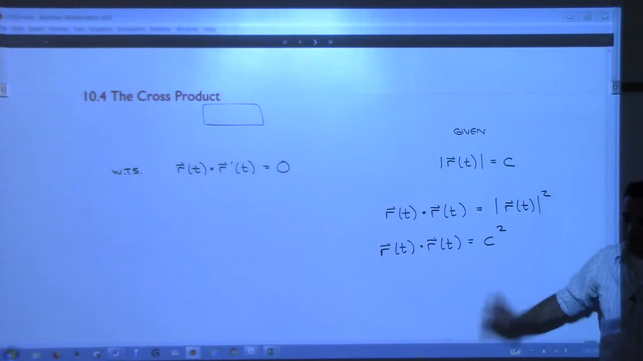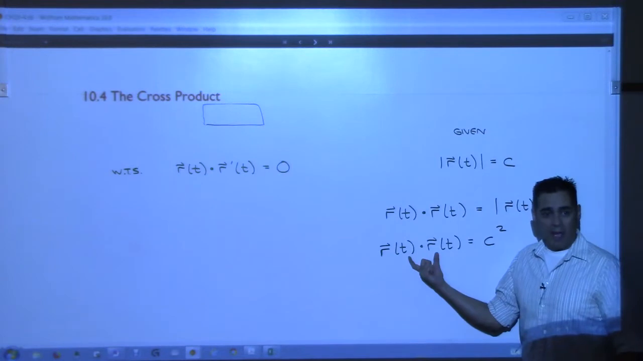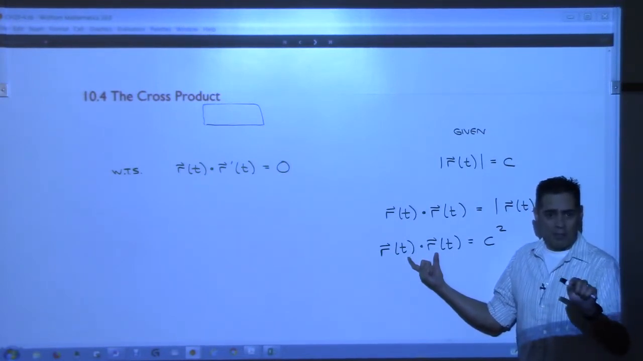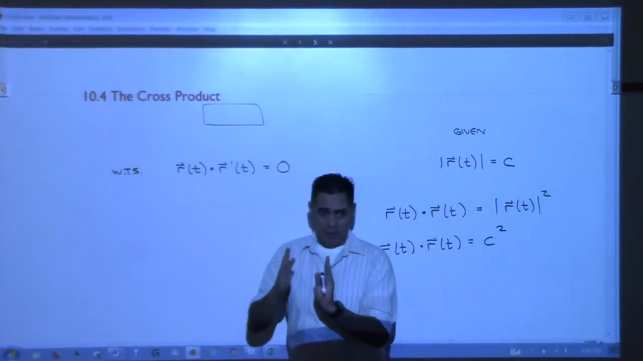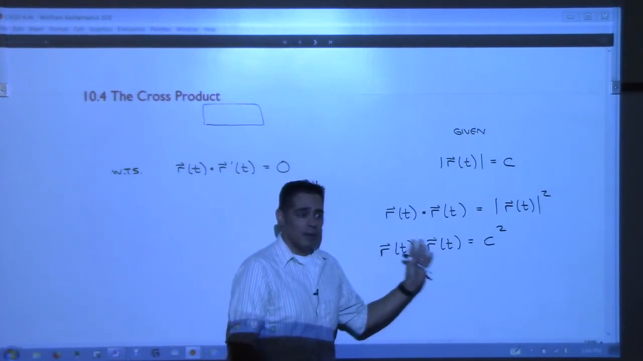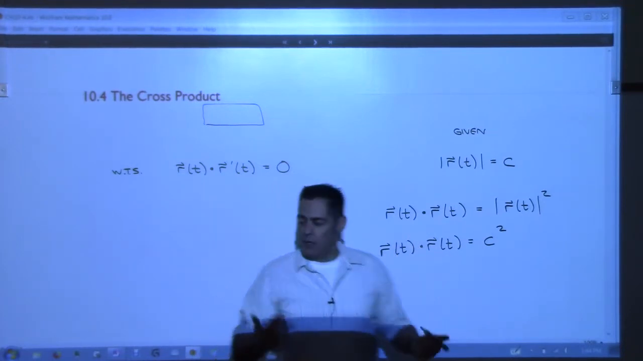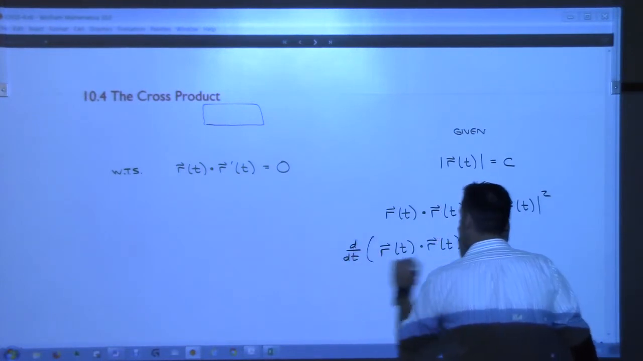Okay, now the amazing part. So we're going to differentiate that. If I differentiate this, I have to use the product rule, right? Yeah, for dot products. Because look, what we're interested in has r with a derivative, doesn't it? And so how can we make derivatives appear? Take the derivative, right? So I take the derivative of this with respect to t, and